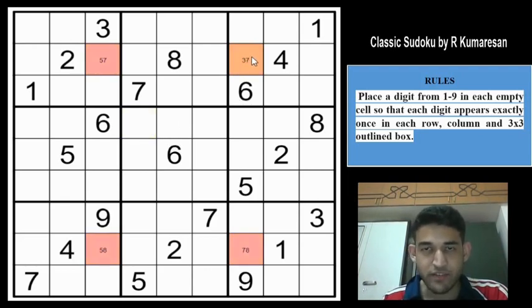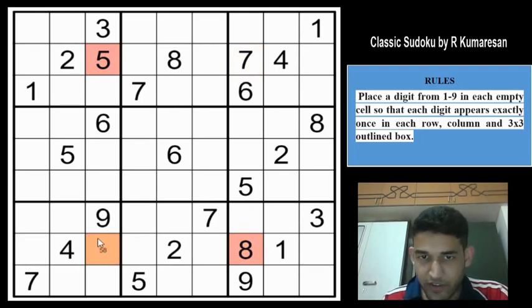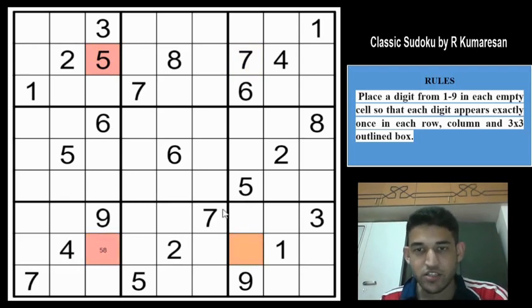So if you have a 7 here, what happens? Let us put a 7 here. If you put a 7 here, this becomes a 5, and because of this 7 this becomes an 8, right? And now we are choked of any candidates in row 8 column 3. We can't have any possibilities there. So this is called the Y-wing technique.